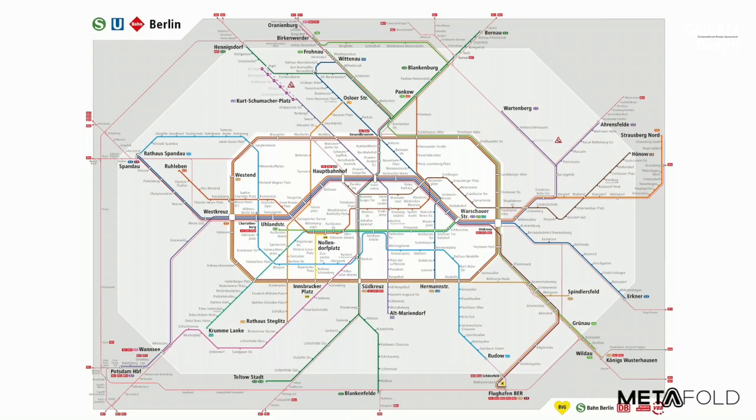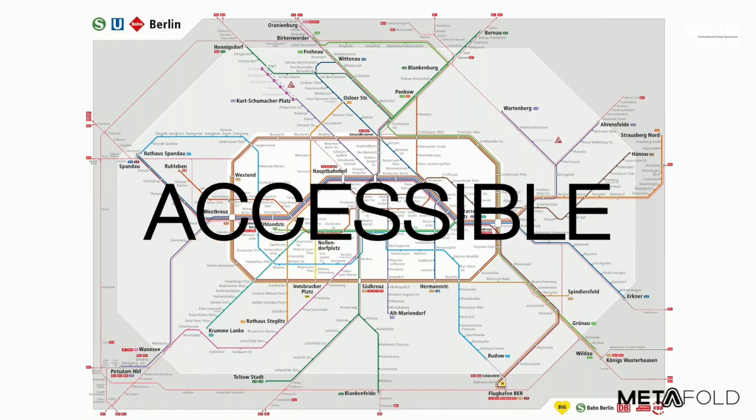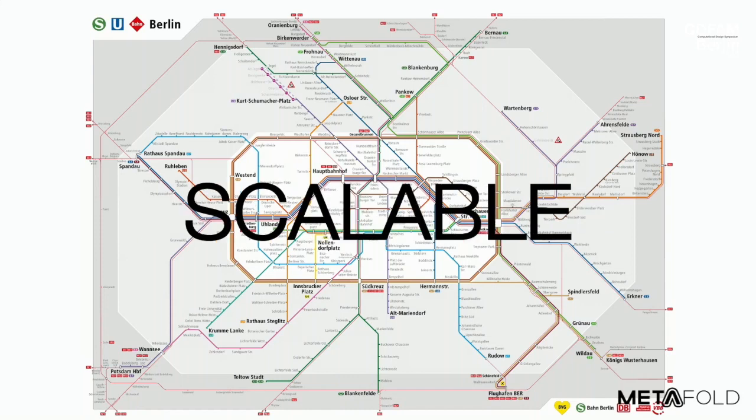So what does the Berlin transit system do? What is its purpose, its role in life? I would argue that its role in life is to connect people to places. And my next question is, what are the requirements on the system for it to do this effectively? It must be robust, meaning it must be reliable, strong, functional. It must be accessible, so people need to be able to use it, know how to use it. It needs to be affordable. And finally, my favorite one, it needs to be scalable. It needs to support growth, because cities change, they grow, populations change. So it must be extensible.